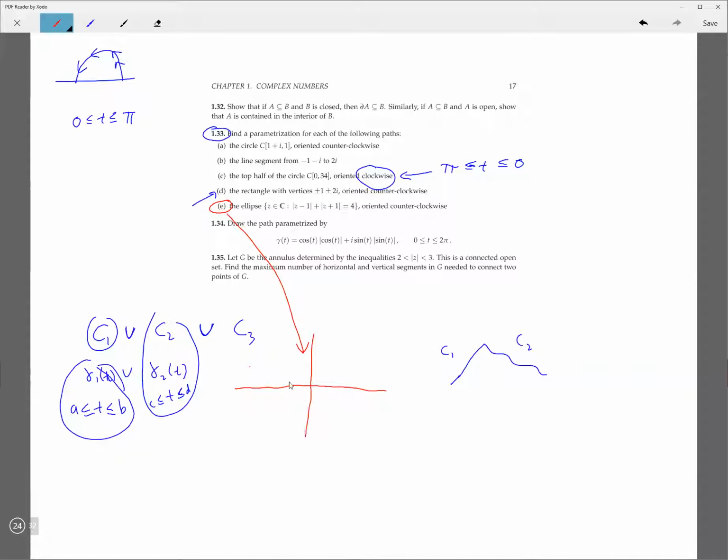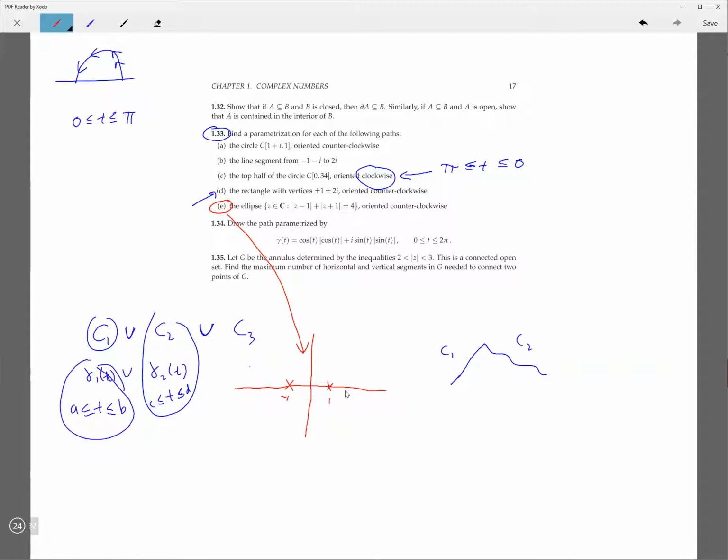Okay, so here's -1 and here's 1, and those are going to be the foci of the ellipse. Now, the distance between z and 1 plus the distance between z and -1 is going to add up to